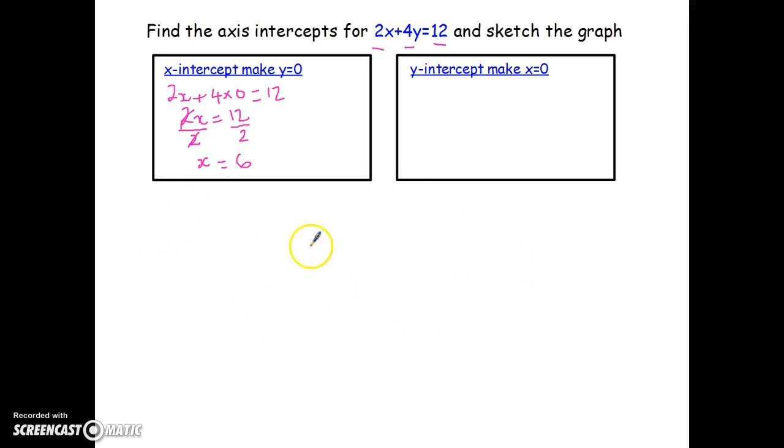Now notice this example, I haven't actually got a nicely drawn up axis, and I just wanted to show you that you can do it very quickly. And this is the beauty of sketching graphs. I just want to go, all right, there's 6, x equals 6. I haven't bothered to rule up all of my minus and plus. I'm just going to put 6 there. Let's have a look at the y-intercept. I'll make x equals 0. So 2x, and x